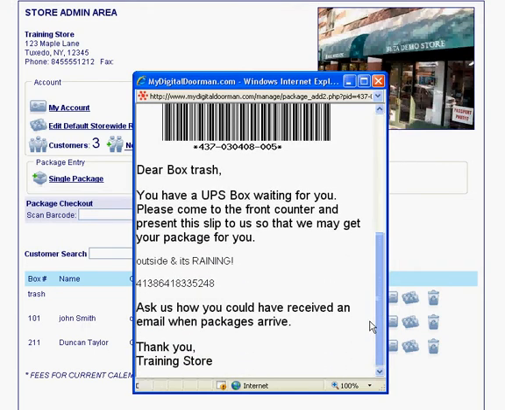This next 4x6 that prints is called the package slip. We put this slip into their mailbox. Again, here's the information encoded in it. Dear box number, trash. You have a UPS box waiting for you, a message for them to come get it, and then the notes field. It's outside and it's raining,